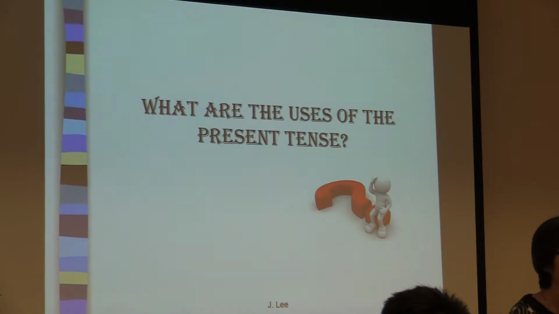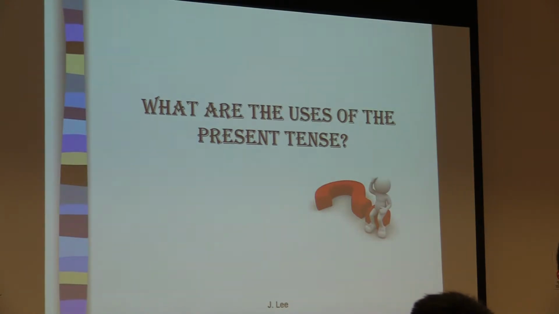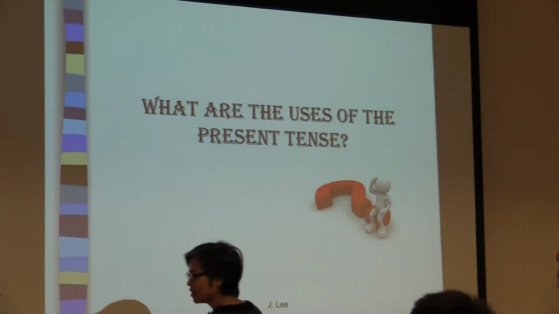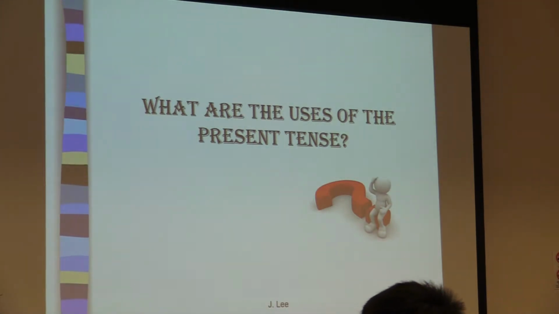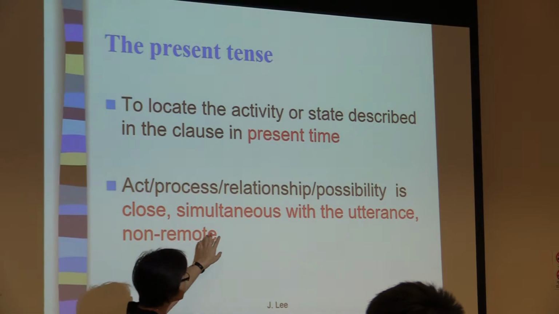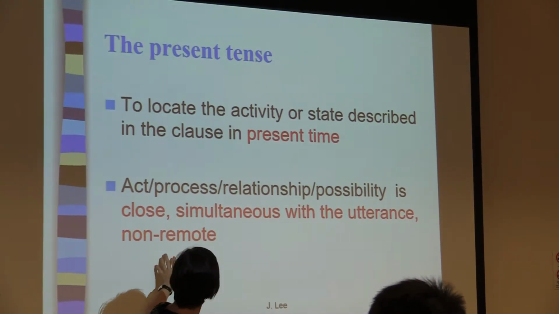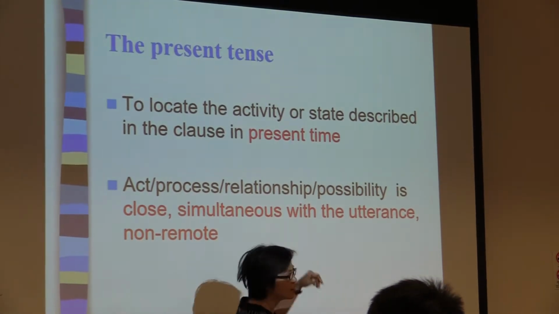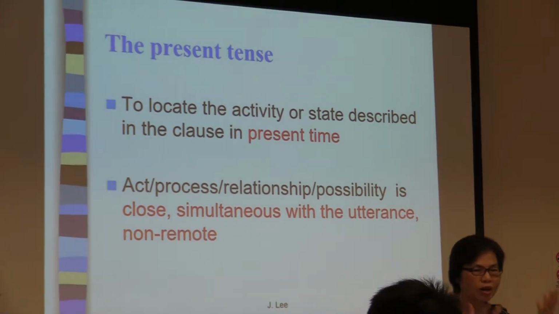And describe the characteristics. To describe the characteristics of a person or a place that are still true. So what is important is about the time, present time, and something that is still valid, still true. Then we use the present tense, usually. So if something is close to us, if you want to think about that cognitively, something close, it can be simultaneous with the utterance, not remote. Simultaneous, that means when you say that, wow, you are doing that.